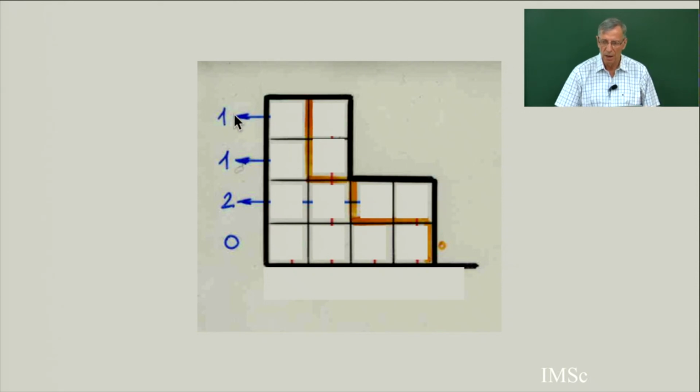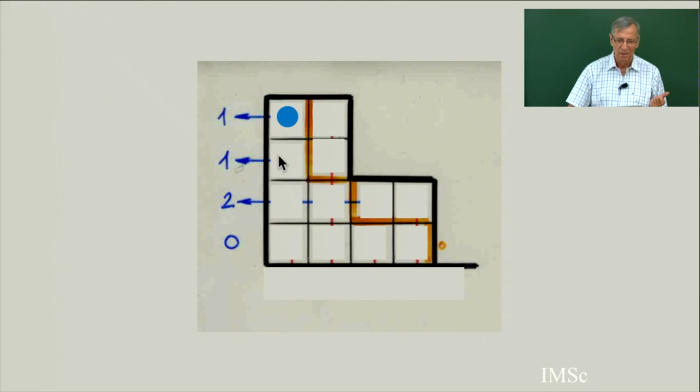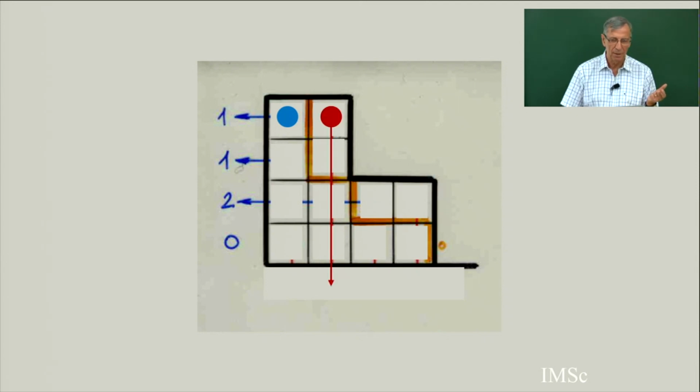So 1, now I have to put my blue point. Here 1 means there is one blue point. So necessarily I have to put it here, because if I was putting it here, then the number would be 2. So I put my blue point here. And because I am in a Catalan alternative tableau, this cell must not be empty. So I necessarily put a red point, which is crossing all this line below in the column.